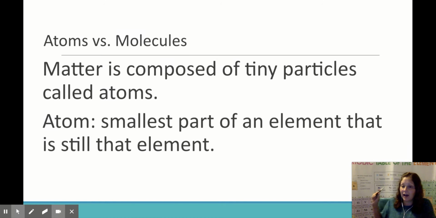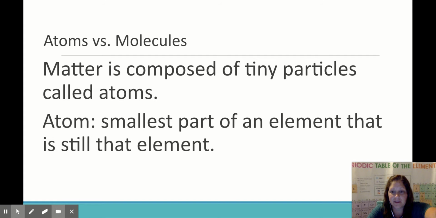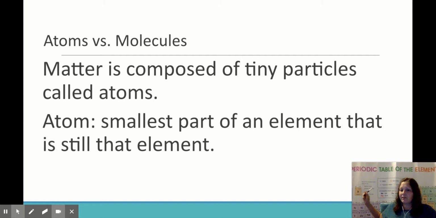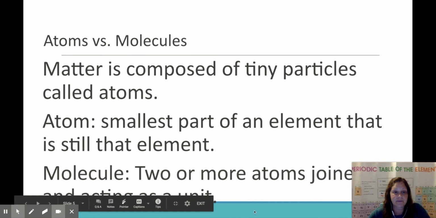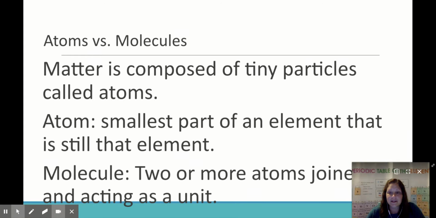And what you'll notice behind me is the periodic table of elements. And these are all the different types of atoms. This periodic table shows us all of the different types of elements, and that's all of the kinds of atoms that can exist. Whereas molecules,